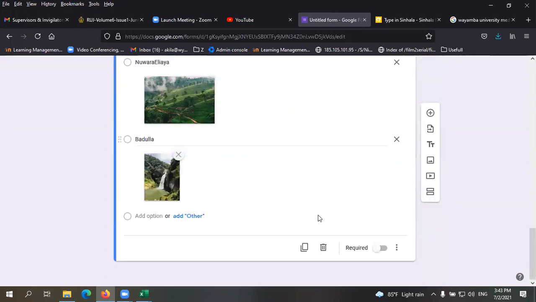Okay. After that, the section means you can add a new section, and that section will appear depending on an answer. So let's create such a question.